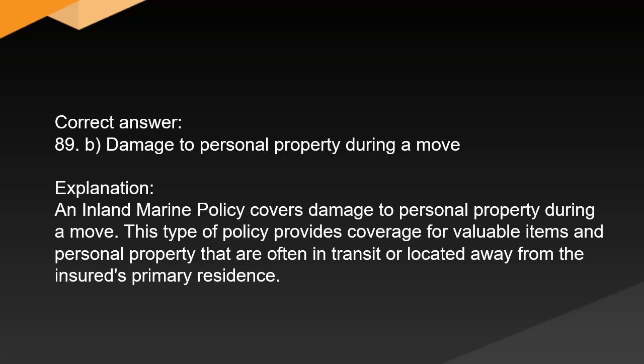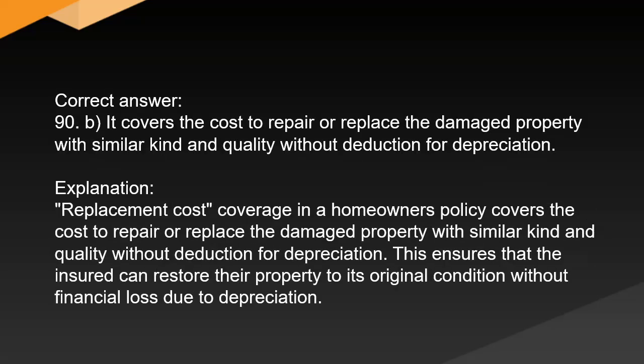Explanation: an inland marine policy covers damage to personal property during a move. This type of policy provides coverage for valuable items and personal property that are often in transit or located away from the insured's primary residence. Correct answer: B. It covers the cost to repair or replace the damaged property with similar kind and quality without